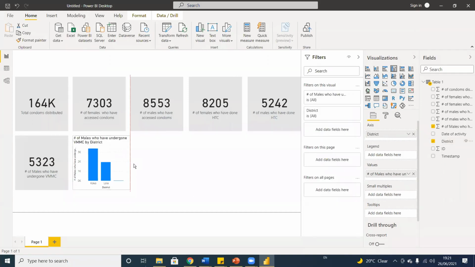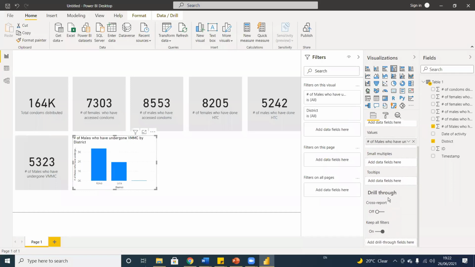So you notice now we have this chart, and I can actually make it a bit bigger, as you can see here. Now we do have some people who did not select a district, and you can see here we have a third bar that has nothing. So to avoid something like that, you might want to make your questions compulsory, right? Make sure that you don't have anyone who doesn't input that information, because you don't want to have anything of that nature there. But another way is you can actually remove that value there as well if you want to,